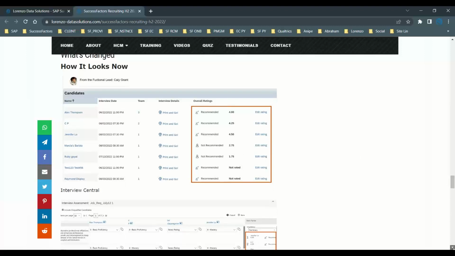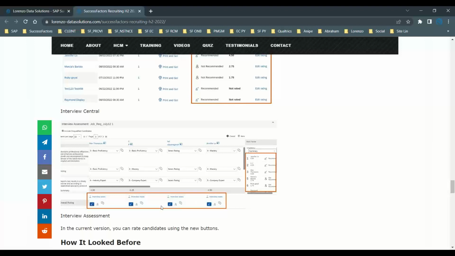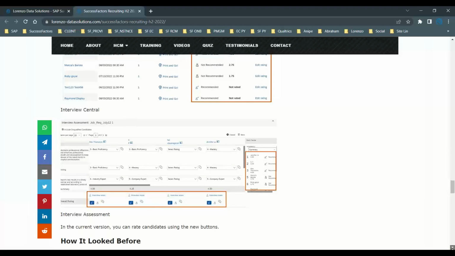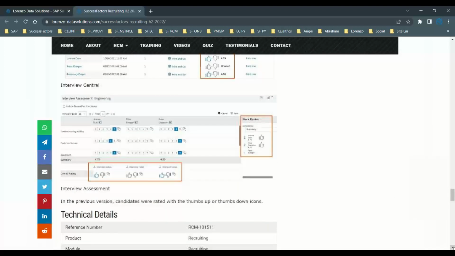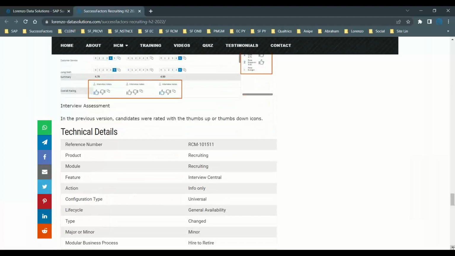But earlier, you were able to see the thumbs in interview central. In the current version, you are able to see thumbs up, thumbs down. But now, from now onwards, you are only going to see recommended, not recommended. Okay. So this is one of the updates, and everyone who is working in recruitment management,